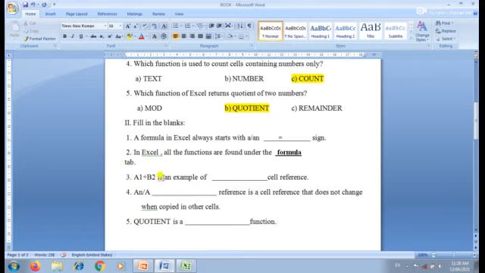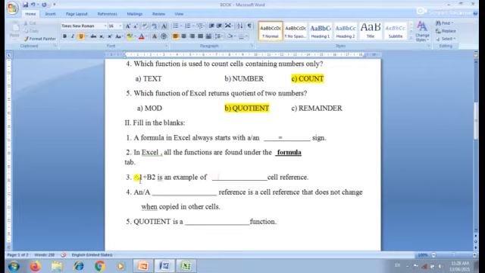Formula tab. Okay. The next one: A1 plus B2 is an example of dash cell reference. We discussed three types of cell references: relative, absolute, then mixed cell reference. This A1 plus B2 is an example of which type? Relative.